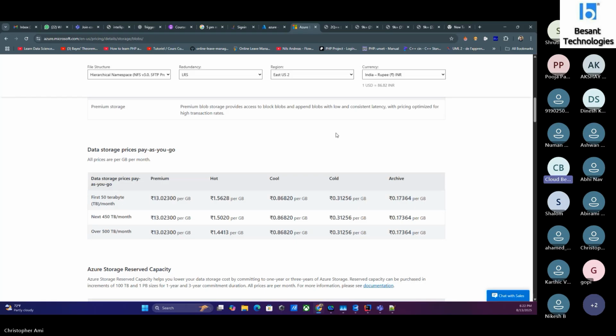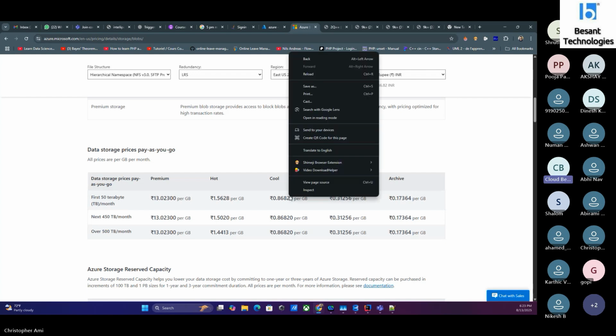If you are keeping the access tier as hot, then you're going to be charged 1.5 rupees per GB per month. Just think how cheap it is. It's a very minimal cost that you're going to pay. And if you keep the access tier as cool, per GB is going to cost about 3 times lesser, that is 0.8. And again, for the same 1 GB of data, if you're keeping it inside the access tier of